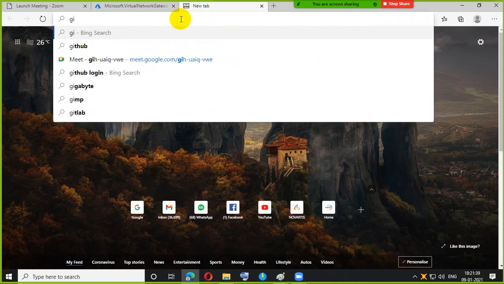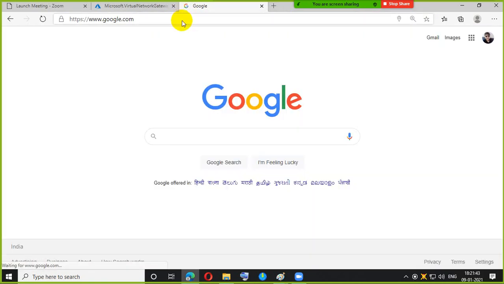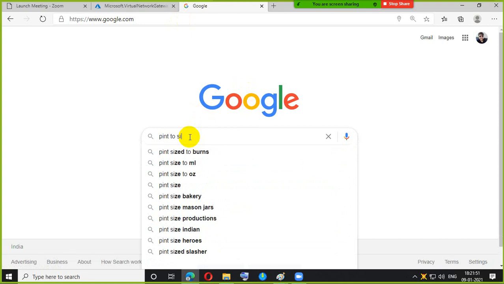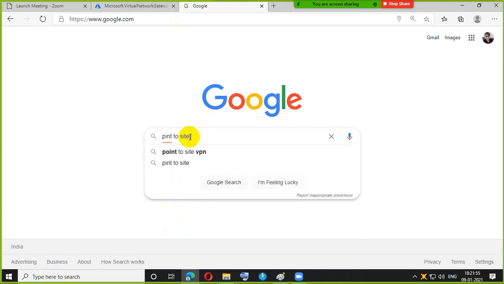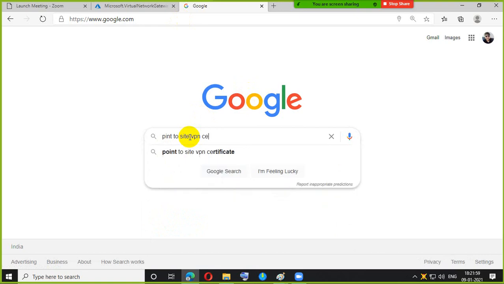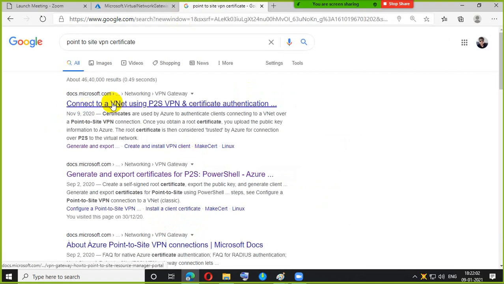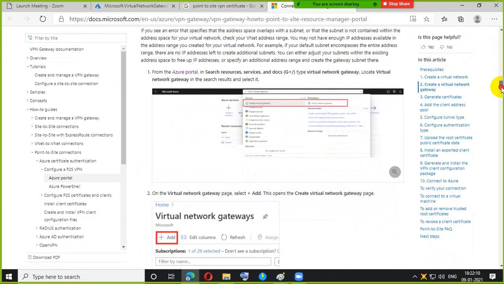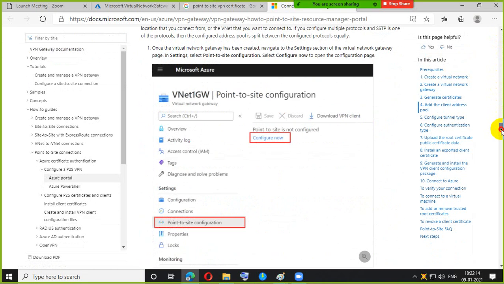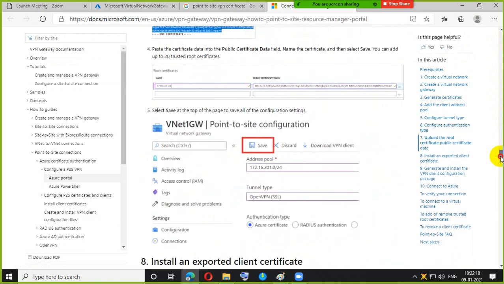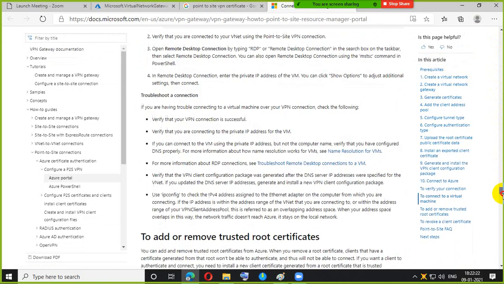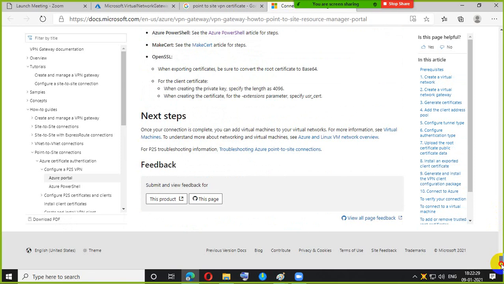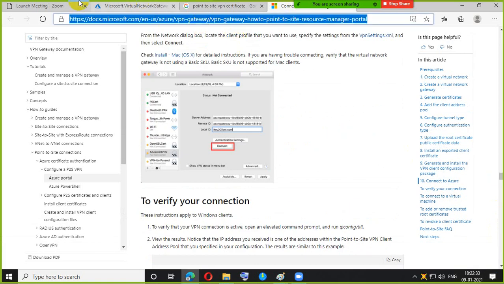So you can go to Google, and at Google just type point to site VPN certificates. This actually has the steps defined, which is very good for us.